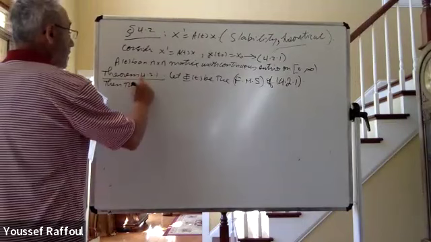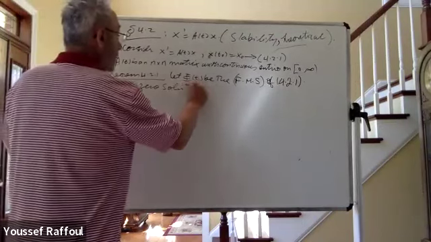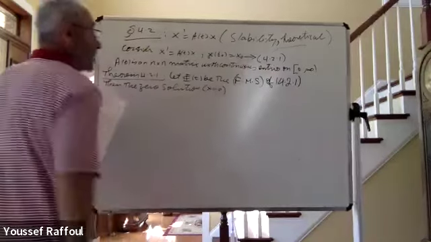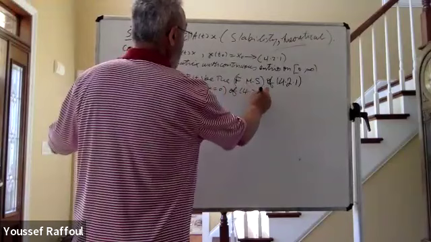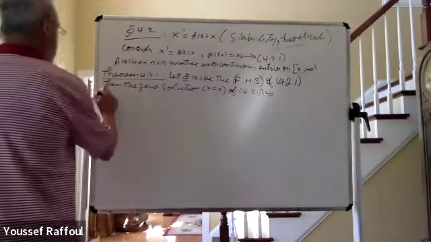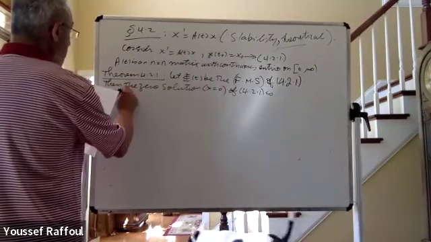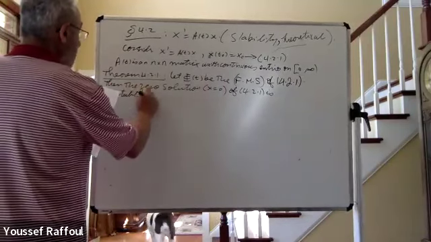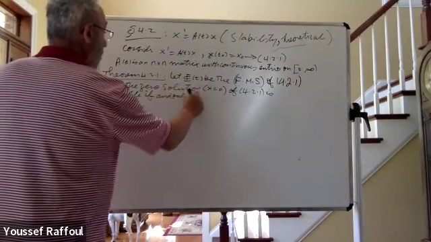Then the zero solution, or what I mean is x equals 0, of 4.2.1 is uniformly stable if and only if